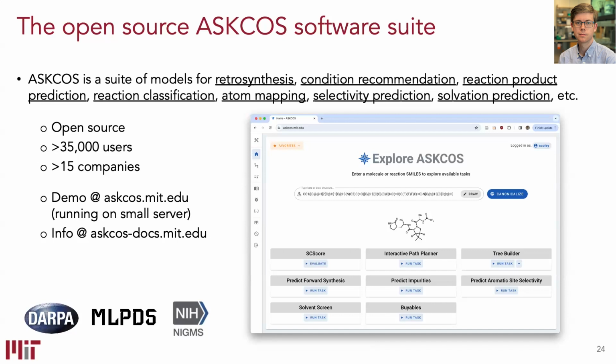There are a few other open source tools out there now. At the time that I started working on these directions as a student, there was really nothing in the open source pre-competitive space for planning synthetic pathways. And so I think now we're seeing a really nice, both open source and commercial ecosystem around these kinds of capabilities.